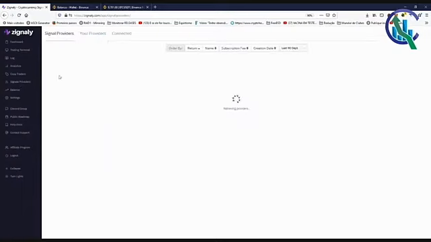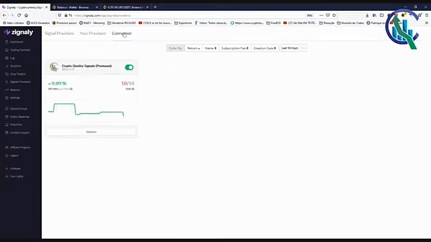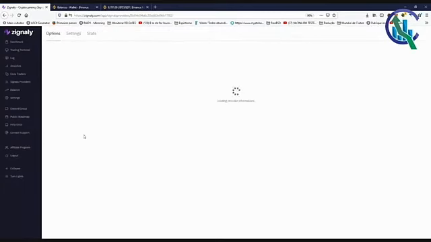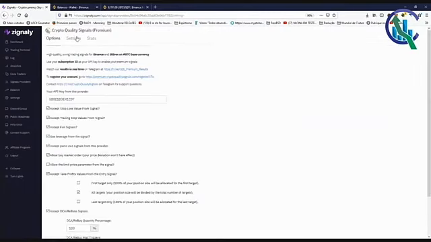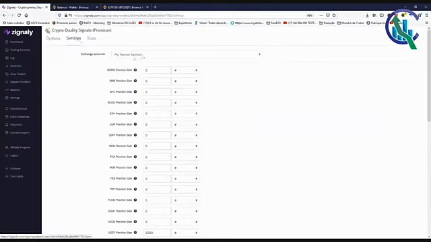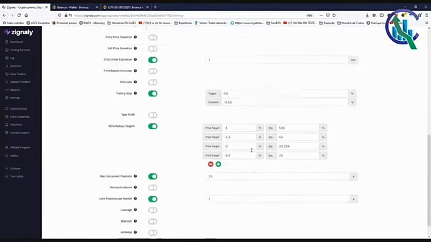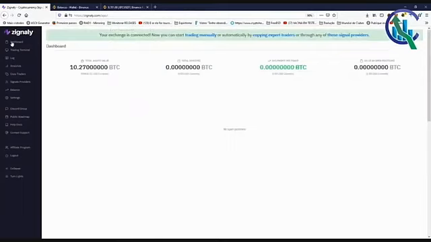Let's come back here to signal providers. On the connected page, I can see which providers I have connected, and I can update my settings if I want. It shows it's active. My settings are good. So it's just a matter of time until I get some trades, as long as CQS issues a signal for Binance futures trading.